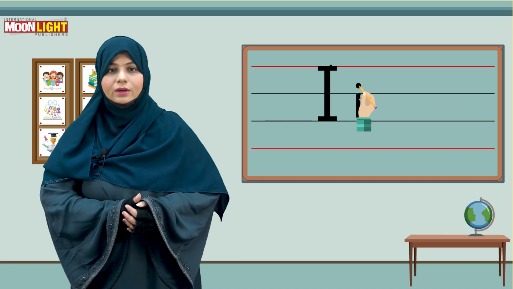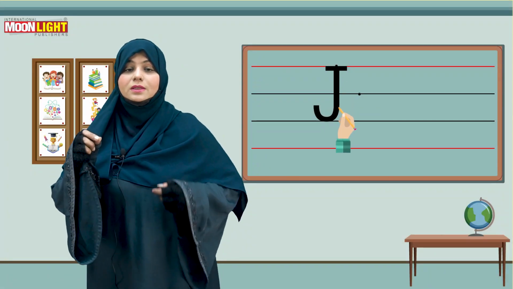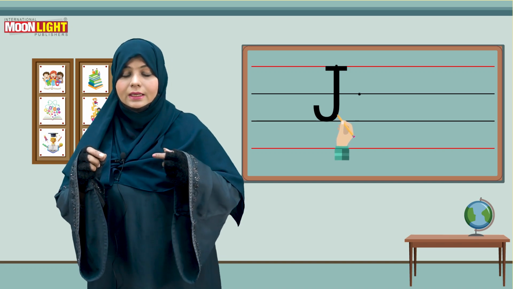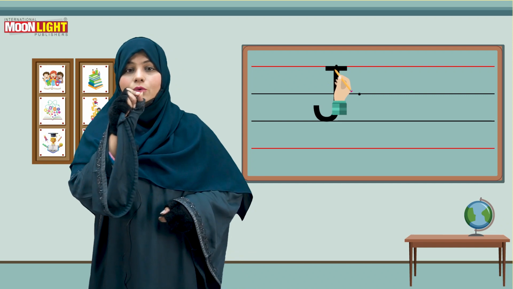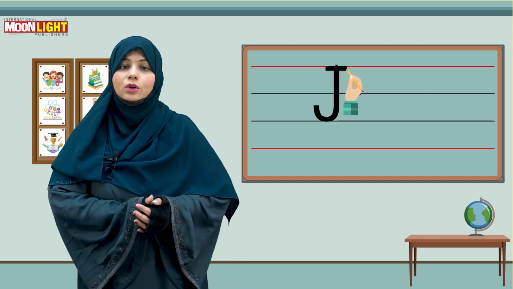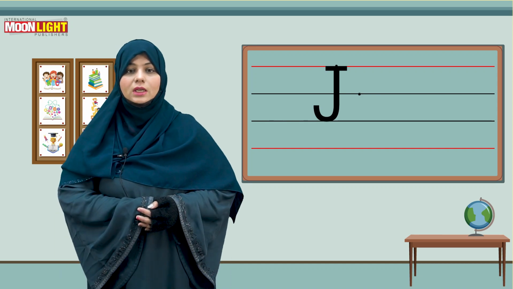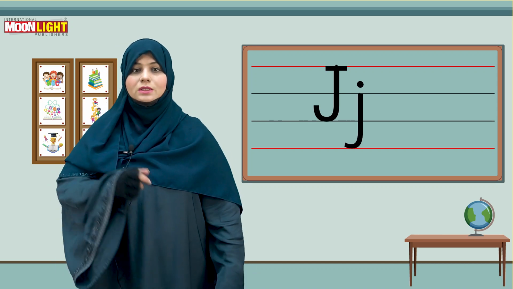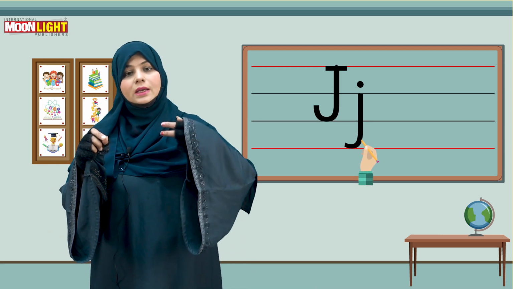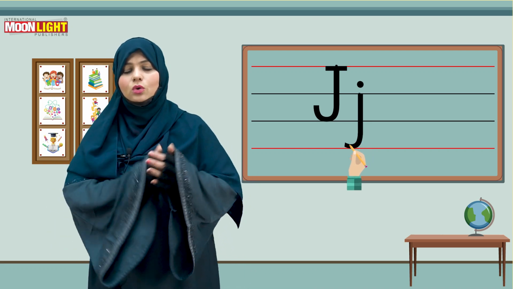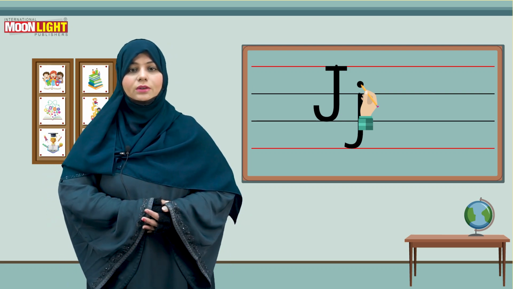It will become small letter i. Now this is the turn of letter J. Put your pencil on the first line, go down, make a straight line till the third line and make a small hook. After that, you have to draw a slipping line on the head of the straight line. This will become capital letter J. For small j, put your pencil on the second line and go down and make a straight line till the last line and make a small hook and put a dot on the head of the letter j.